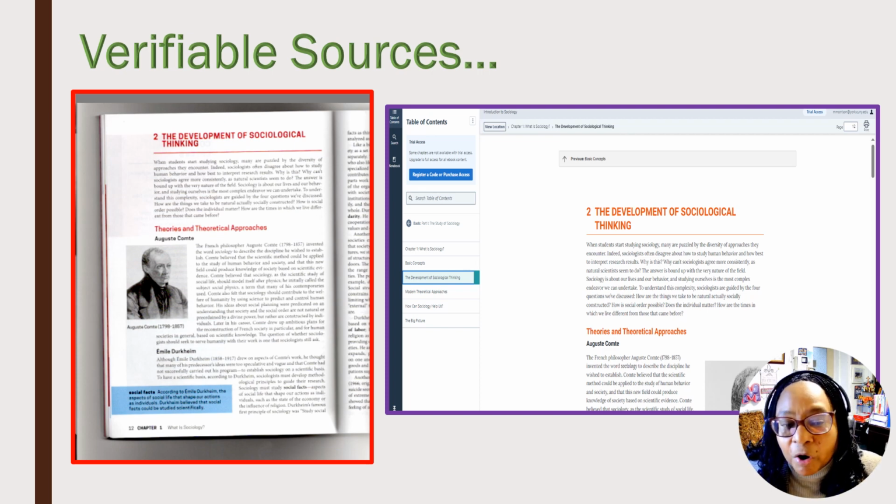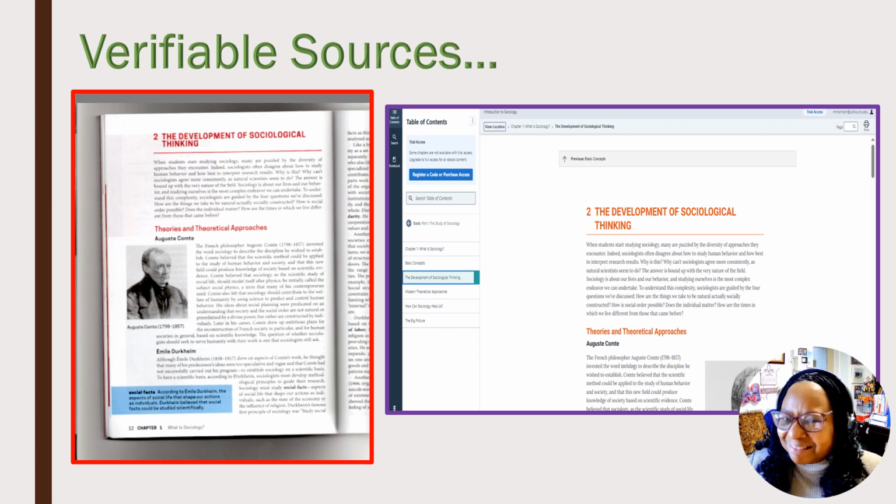Now, for argument's sake, I just pulled up a page in the textbook and I looked for the topic in the ebook. I found the topic in the ebook. Guess what? The page numbers are the same. The ebook to my right and the hard copy of the textbook to my left. The page numbers are the same. So if you're going to say you got this material from page 500 in the ebook and in the textbook it's page 100,